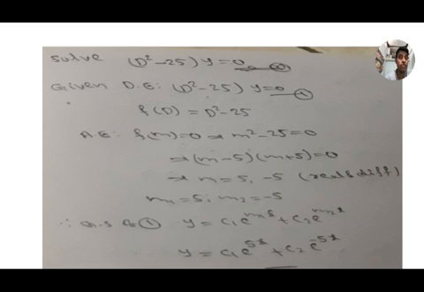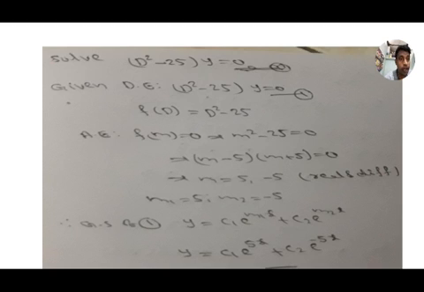There are 3 steps only: symbolic form, auxiliary equation and solution, and third step, general solution of the equation. Sometimes it is already in the symbolic form, so no need to convert. If it is not in the symbolic form, convert it into symbolic form first. Then second step, auxiliary equation, and solve it. We get two values because it is a second order equation. And third step, depending on the nature of the two roots, we have three solutions.